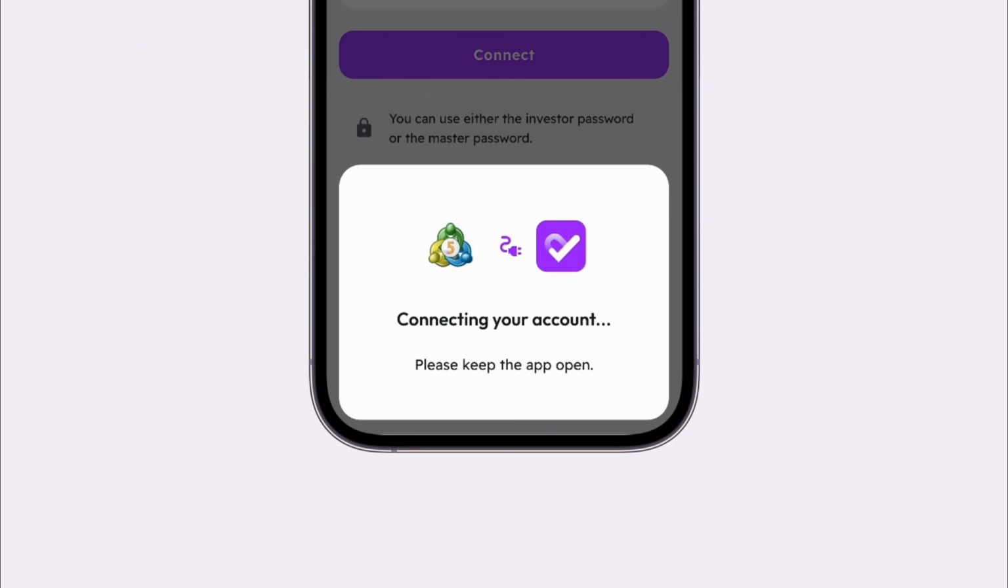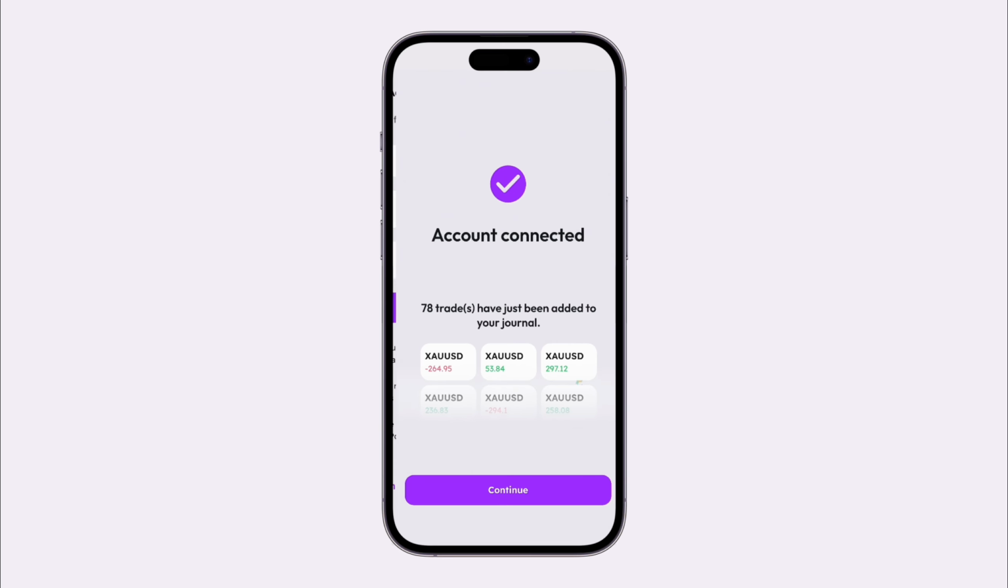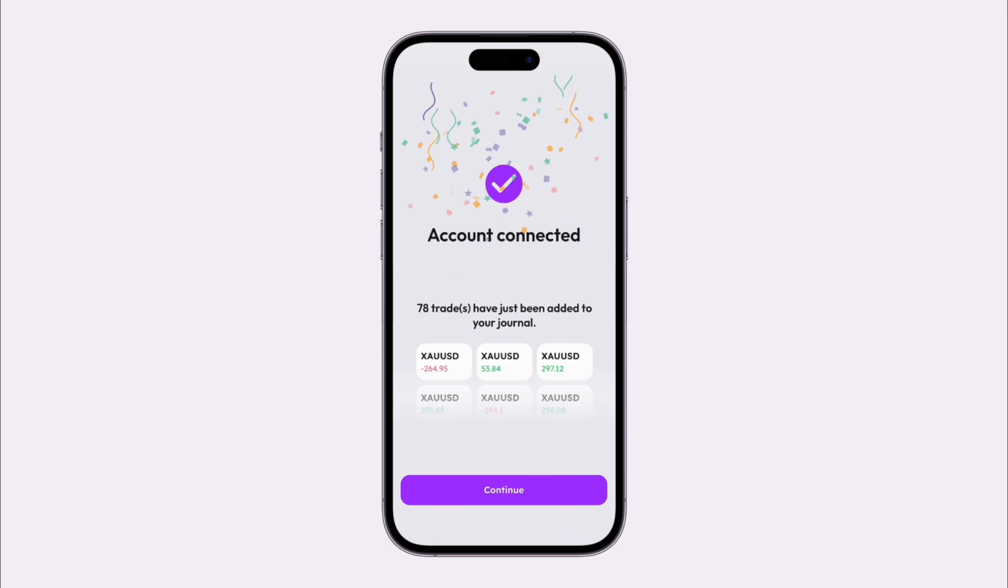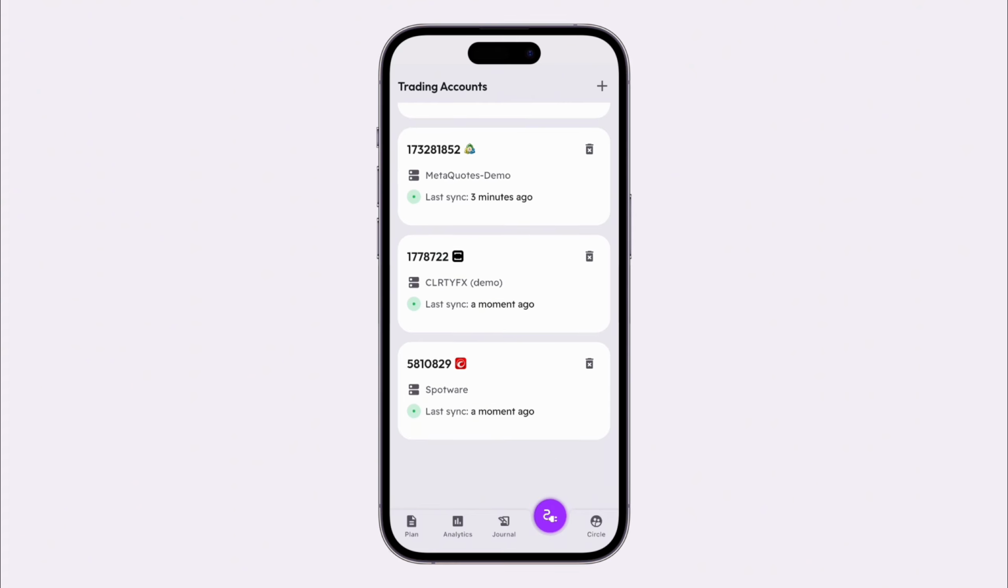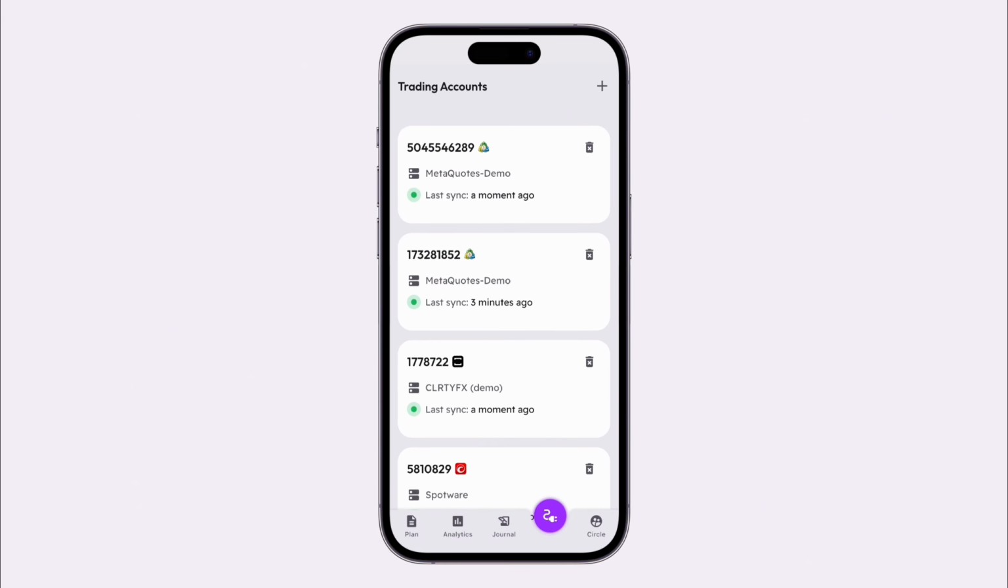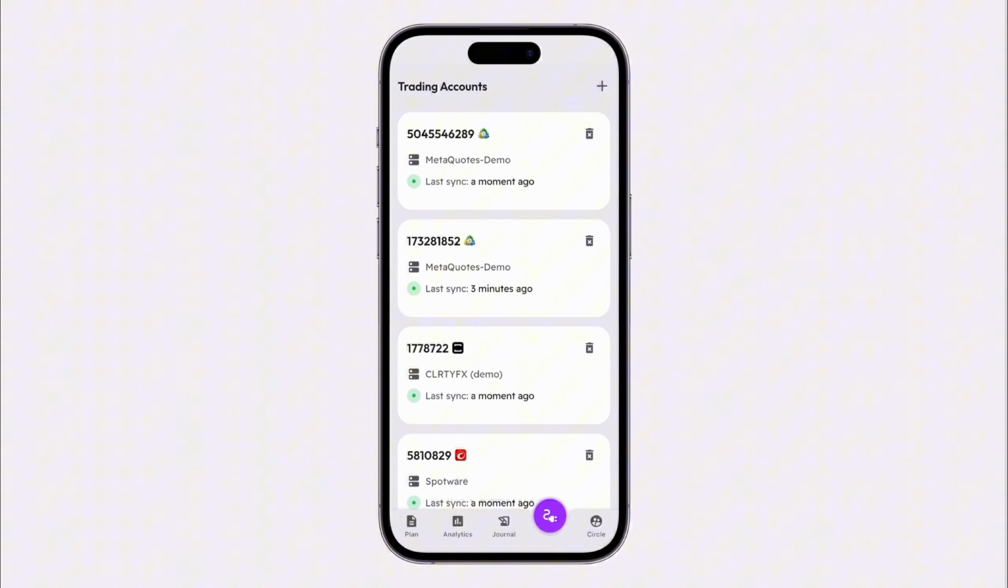Once all credentials are entered correctly, tap Connect and we'll quickly import your trading history. From that moment on, all newly closed trades will automatically appear in Plancana within about a minute. You can check the synchronization status of each connected account directly from the Accounts screen. An unlimited number of trading accounts can be connected,